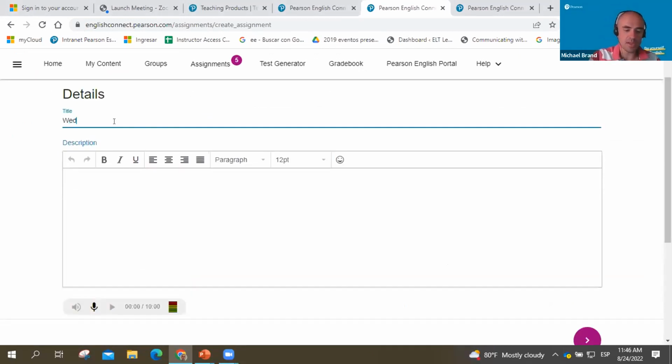So you can give your homework a title. And you can give the students a smiley face, of course, not a sad face. You can give them a description or a point to remember. Don't forget to, okay, and perhaps there were some irregular verbs they kept getting wrong, or a point they hadn't understood.